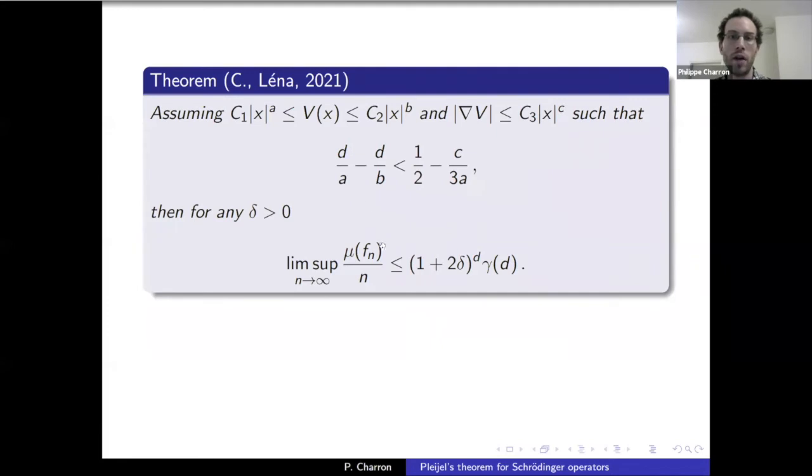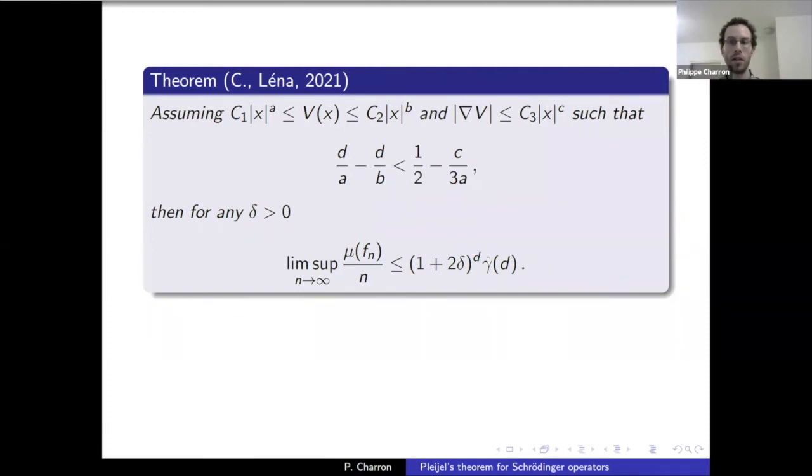So now the theorem, instead of having this Pleijel bound, we get the Pleijel bound, which is gamma of d, times this constant 1 plus 2 delta over d, which is exactly the volume of a scaled cube. So I said we take any cube in Z^d, and we thicken it by delta. So basically the new diameter is 1 plus 2 delta. And so the ratio of overlap is exactly 1 plus 2 delta to the d.